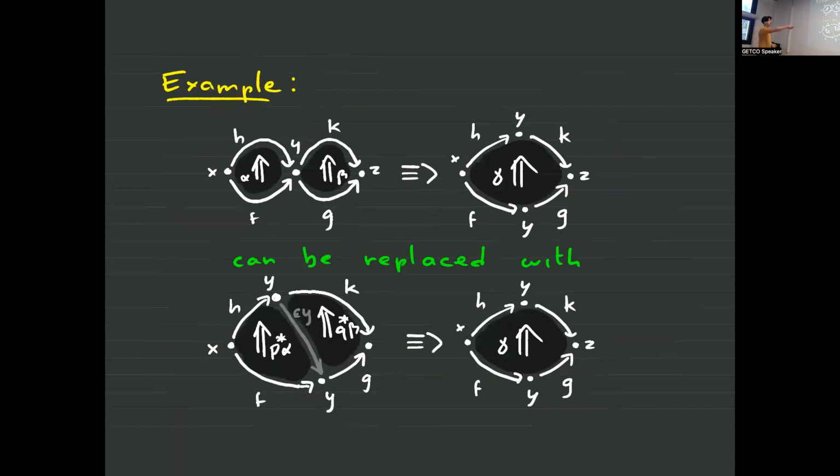So, for example, in the theory of polygraphs, it's perfectly fine to have a rewrite which takes this kind of diagram and turns it into this one, as long as this point y is equal to this point y. And we can't do this in this context. However, there is a degeneracy map from the shape of this diagram to the shape of this diagram, which collapses just one edge, one arrow,